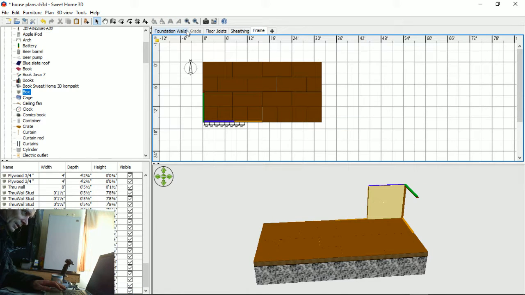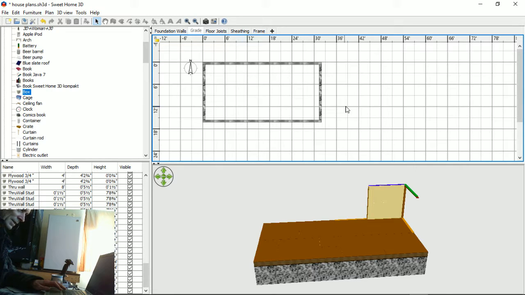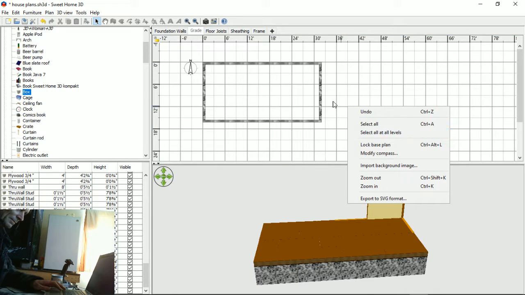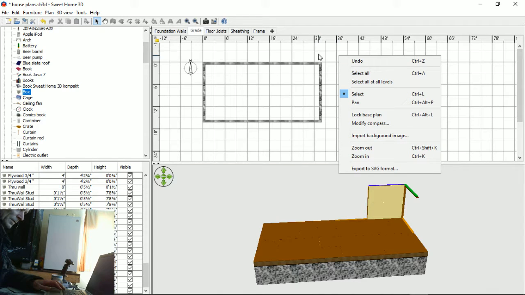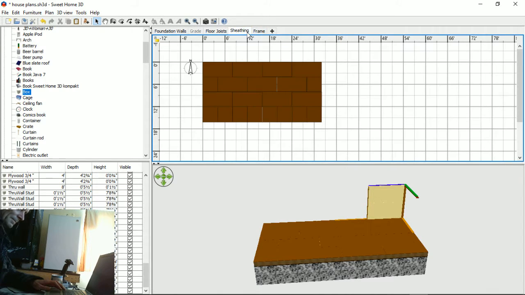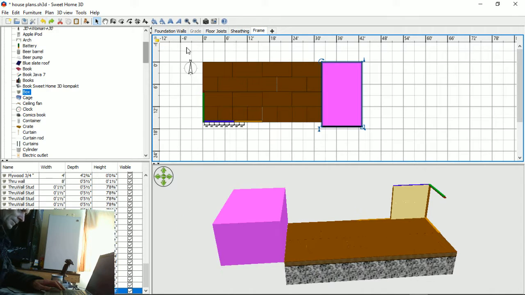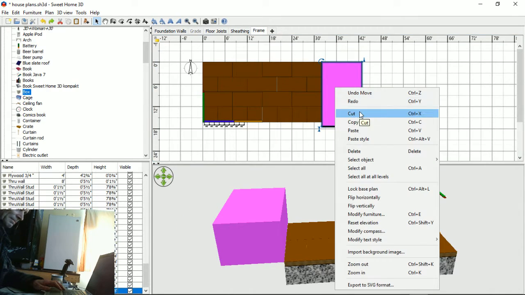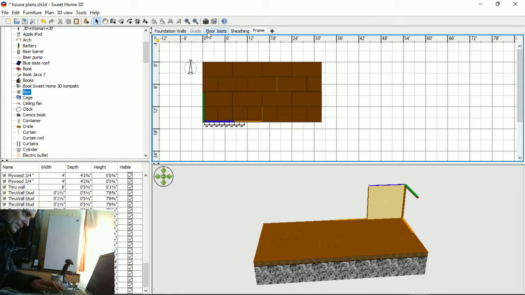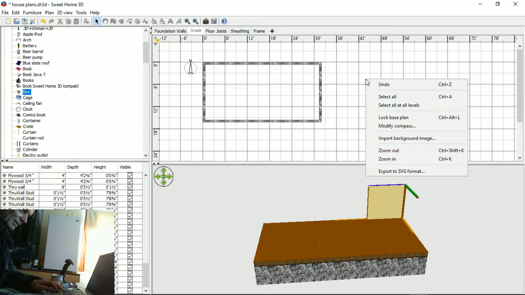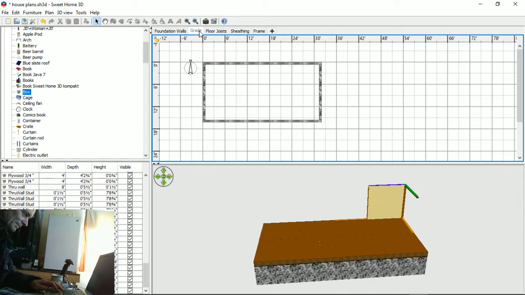Let's go to the grade, and let's just paste that in there. Oh, what happened there? Copy that. Delete that. Oh, because I can't paste it to that level because that level's currently not